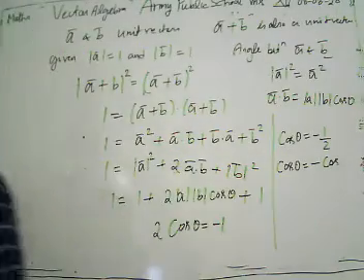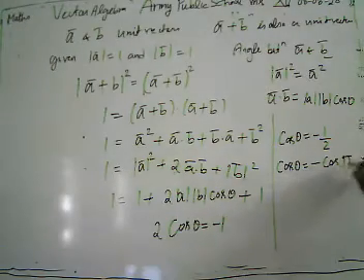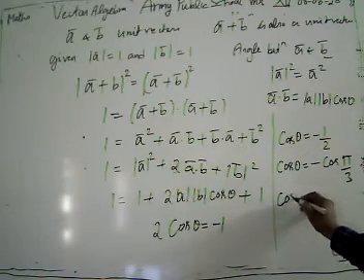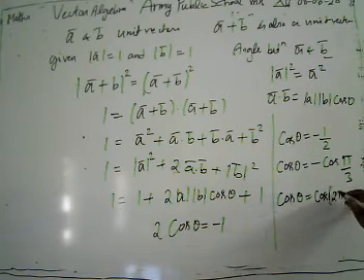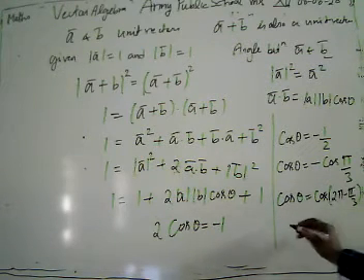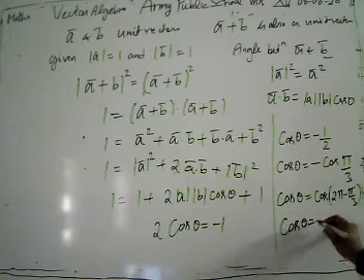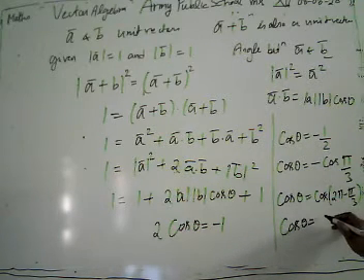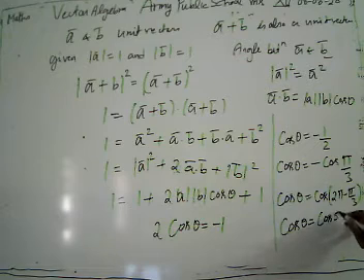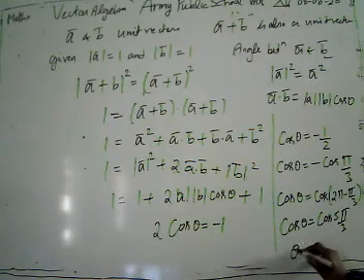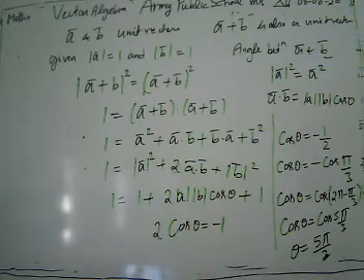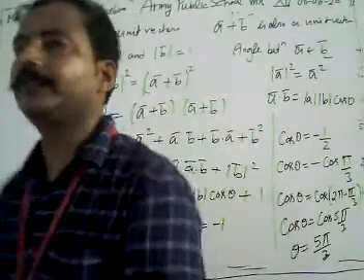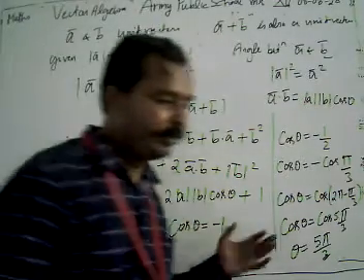Yes, it's the value of 60 degrees. Then we have minus cos pi by 3. It's in the second quadrant, then 2 pi minus pi by 3. Then cos theta, when we solve this, 6 pi minus 5 pi, it's cos 5 pi by 3, and the value of theta is 5 pi by 3.